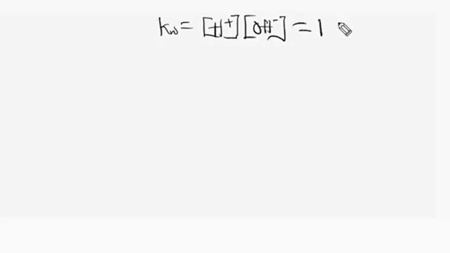This will give 1 times 10 to the power of negative 14, or simply 10 to the power of negative 14. So guys, when we have this, we need to input the necessary values. So the equation says we have a hydrochloric acid. So guys, the concentration of this hydrochloric acid is the hydrogen concentration because it's an acid medium. So we are going to input that here, and that's 0.25, or simply 0.25 times 10 to the power of 0,